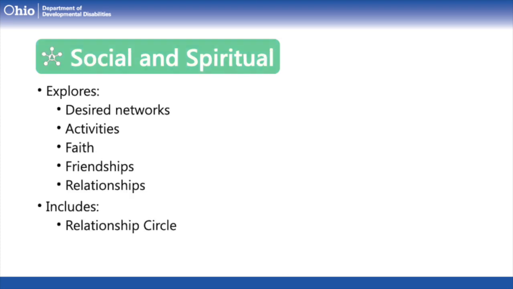When we are having conversations with a person about their social supports and spiritual needs, consider groups that the person belongs to. Ask them what their family relationship is like. Who is important in this person's life? Have there been any changes in their relationships? Are there broken relationships that the person's really struggling with? Can you think of ways they have new opportunities to build friendships? The social and spiritual section will help us explore all the different ways that folks meaningfully connect with others.